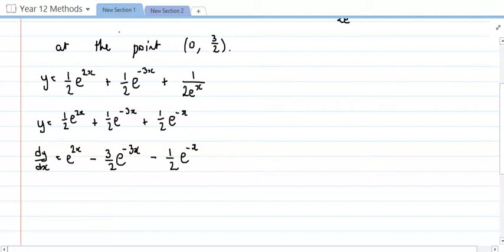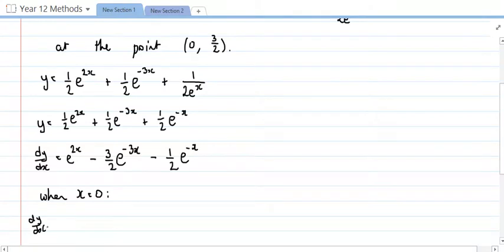We're finding the gradient at the point (0, 3/2). In this case, the 3 on 2 is completely irrelevant. It's there simply to distract you from your answer. We're only interested in this x value of 0. So I'm just going to go when x equals 0,